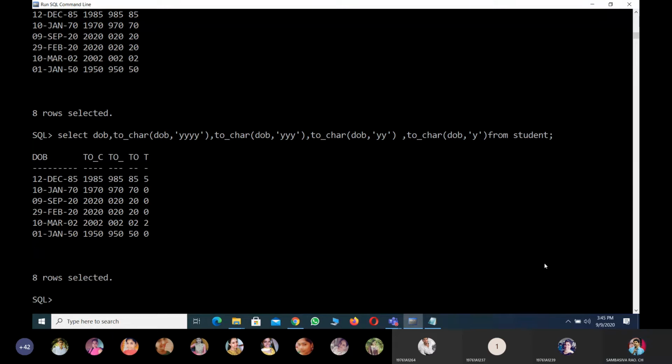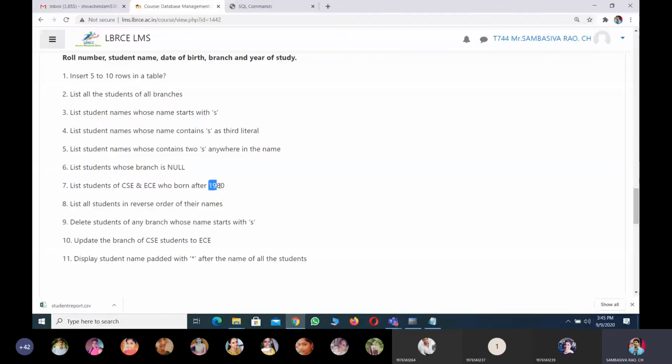Yes, sir, from the date field. Here I am specifying this function to verify who was born after 1980, that is, the date of birth is greater than 1980. First you have to extract the date, and from the date extract the year, whose values are greater than 90, and they must be in the branch CSE and ECE. So here you have to represent 3 conditions. Once these 3 conditions are satisfied, only those records we print. Okay, so that's the question.